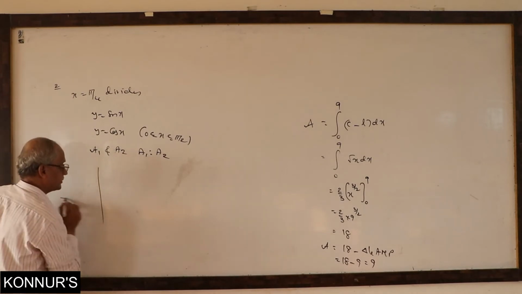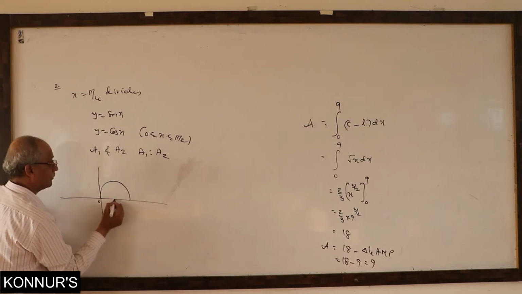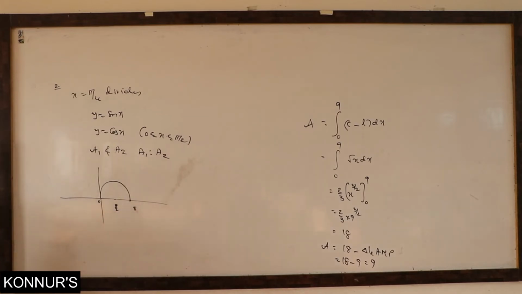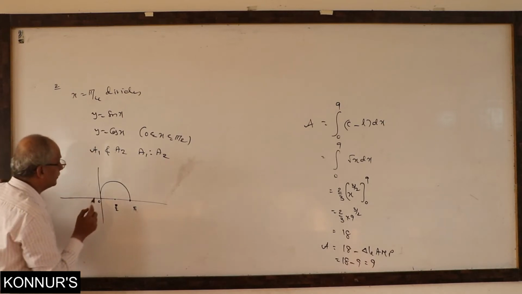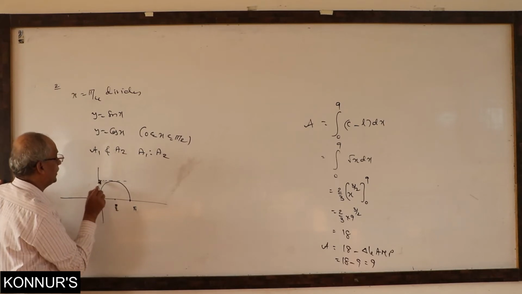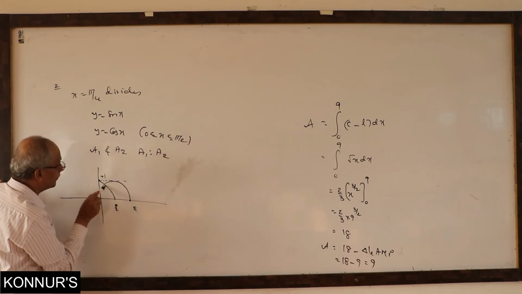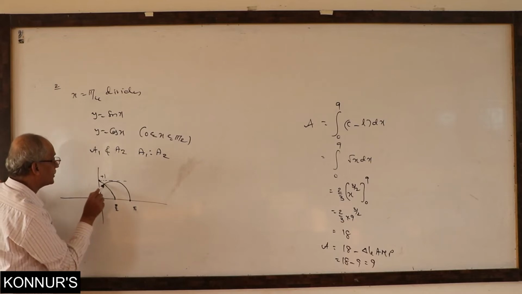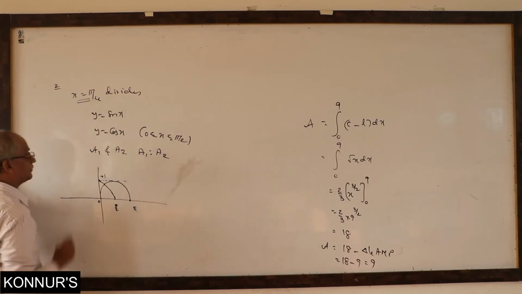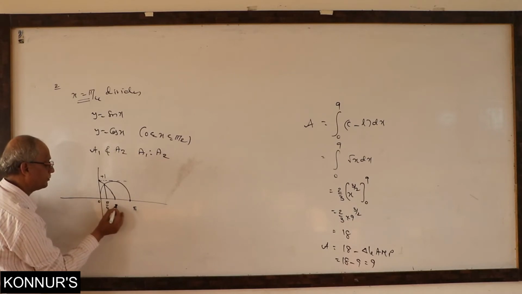How to draw the figure here? First, in the first quadrant only. This is sin x. 0, exactly 90, 180. Okay. Next, cos x graph. How will cos x start? From 1 only. This is our line, 1. From here it will start, cos x. Cos x will go like this. Cos 90 is 0. Both are intersecting at pi by 4. Okay. X equal to pi by 4. Exactly you have to draw the line. This is x equal to pi by 4, pi by 2, pi.